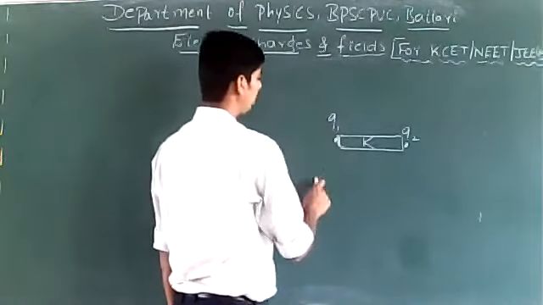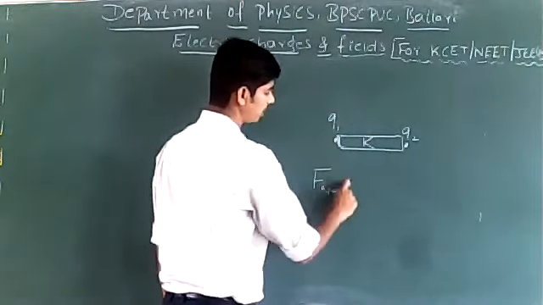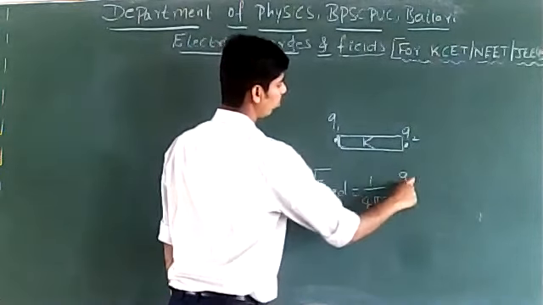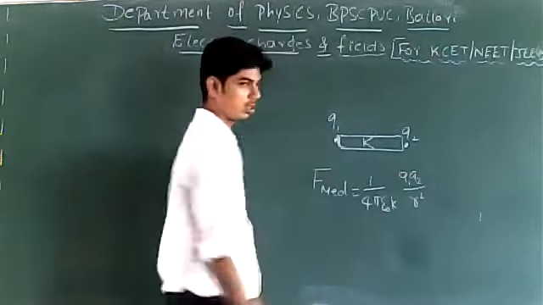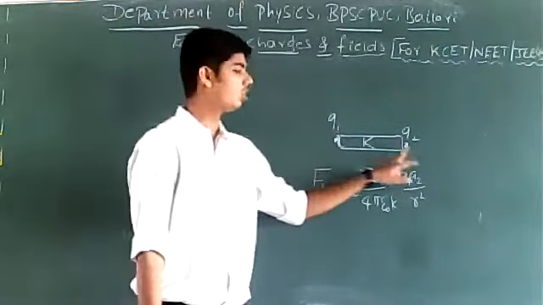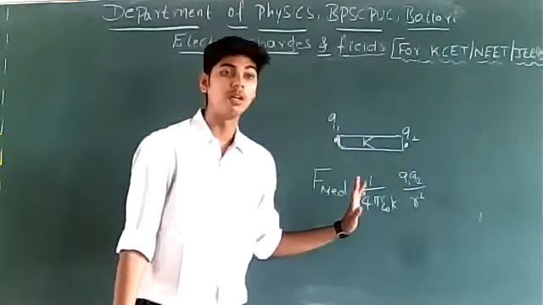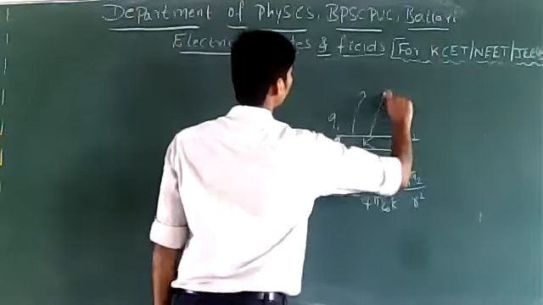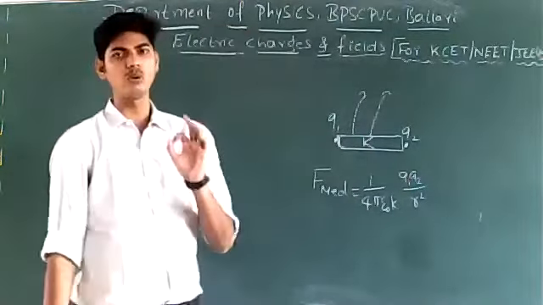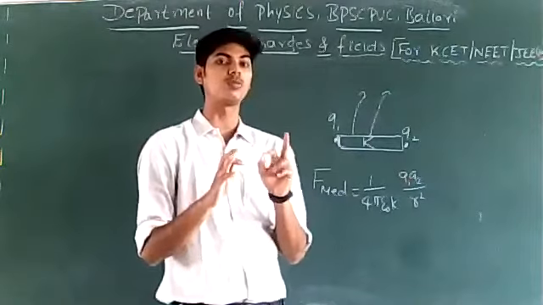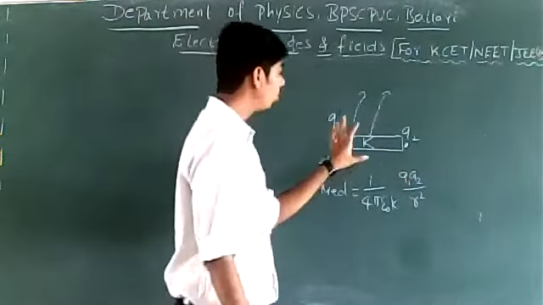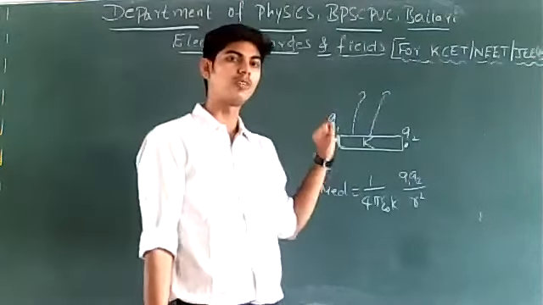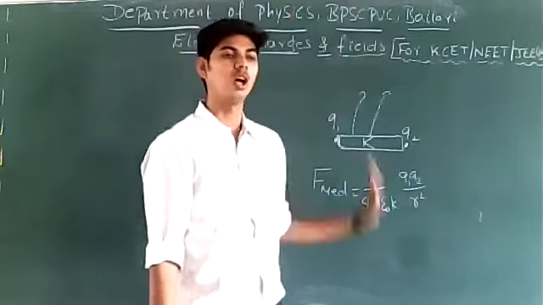Now the force between these two charges is given by F medium is equal to 1 by 4 pi epsilon naught K Q1 Q2 divided by R square. Correct? This is the force between 2 point charges in presence of a medium. Suppose if I happen to remove this medium, can you tell what happens to the force between the two charges? Whether it increases or it decreases? Notice I am going to remove the medium between two charges. Can you tell me whether the force between the two charges is going to increase or it is going to decrease?